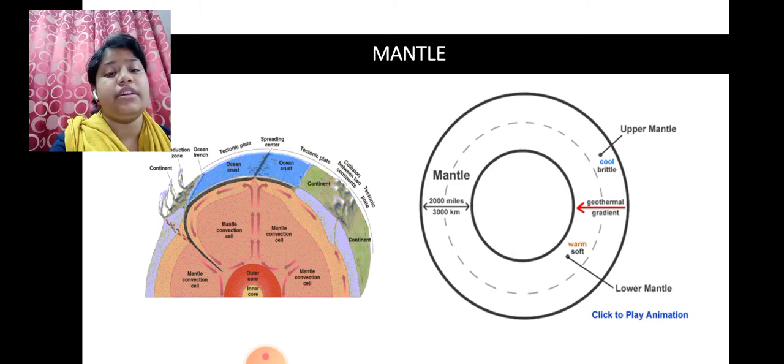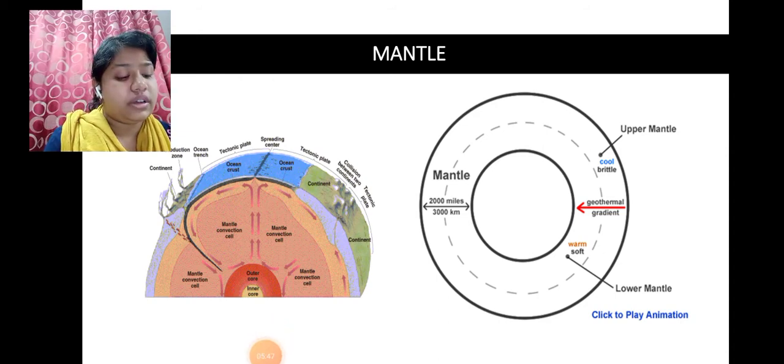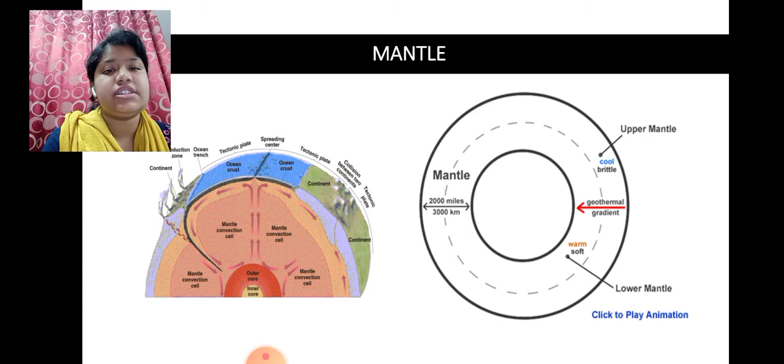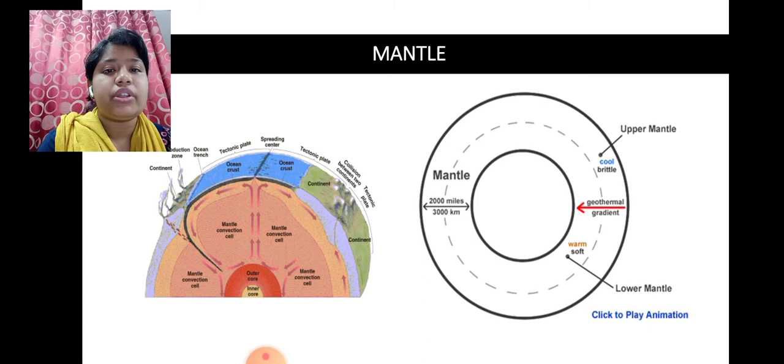The uppermost layer of the mantle, which is 400 kilometers, is composed mainly of a semi-solid that is more viscous in nature, and the layer is called the asthenosphere. So the layer of the mantle which is very viscous is called the asthenosphere. In the 400 kilometers of asthenosphere, the top 200 kilometers and the crust is lithosphere.